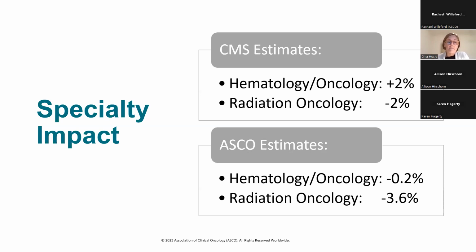There are some other factors that have to do with the geographic adjustments. There are certain floors, and those have to get addressed by Congress, and that has not yet been done. So unless something happens, those are not included in that specialty impact table that CMS releases, but they are in our impact table. And then finally, just more specific RVU changes for services that oncologists bill. So we estimate, again, as a whole, the hematology oncology specialty will see about a 0.2% decrease in payments in 24, and radiation oncology about a 3.5% reduction in 24.